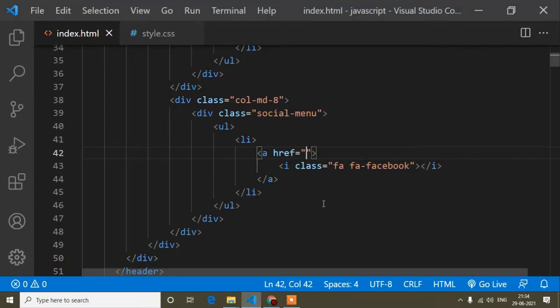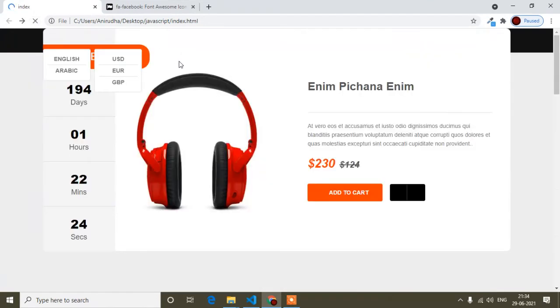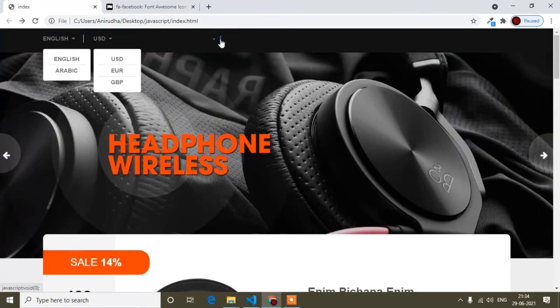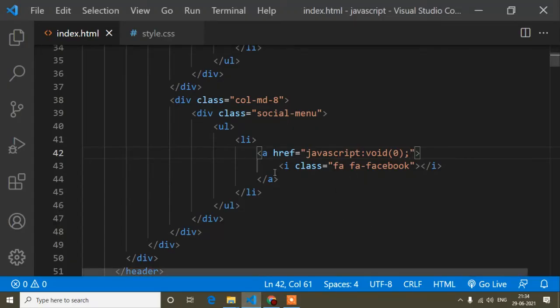That's why here I will write javascript colon void, parenthesis, 0 inside the parenthesis, and then a semicolon. So now what will happen? Save, and refresh. Now if I click this Facebook icon, it's not reloading or redirecting anywhere, because I don't know the Facebook link, so that's why I have written it this way.